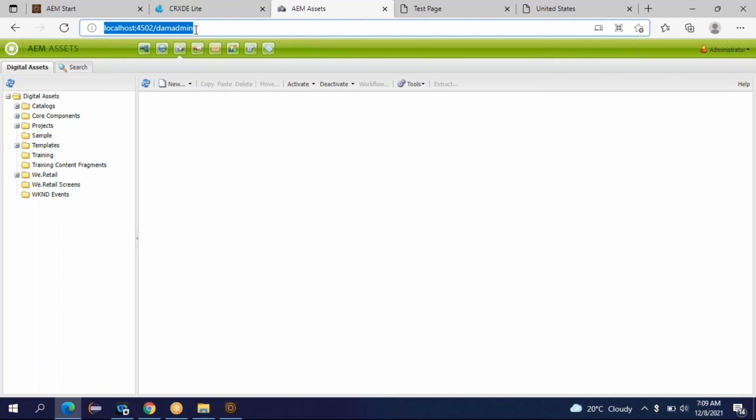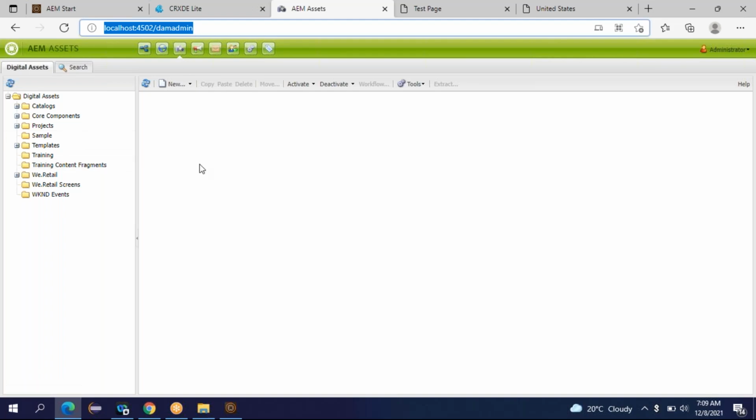If you want to link one PDF file, you have to upload that PDF file into DAM. If you want to show a small video, you have to upload that video into your DAM. So using this DAM admin console, you will be able to manage the digital assets.